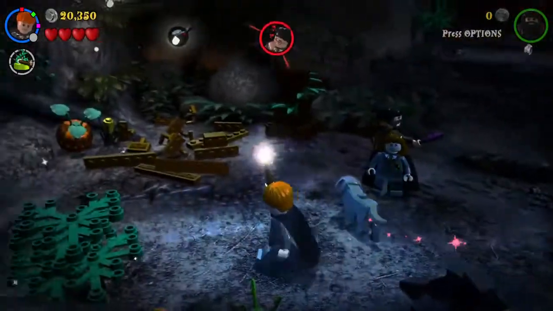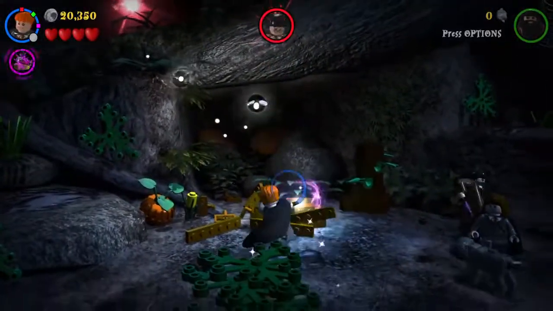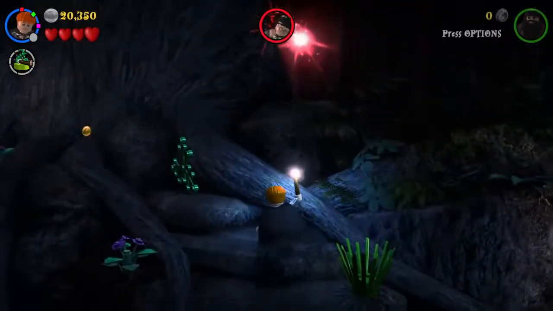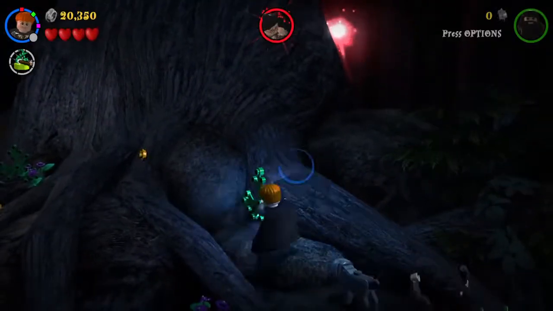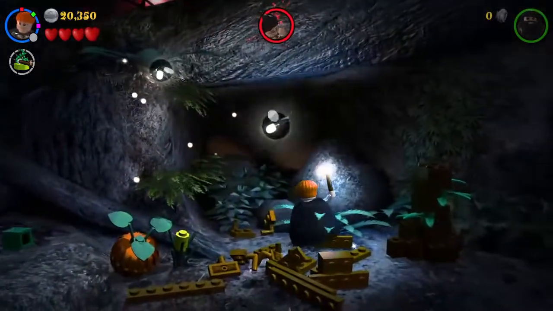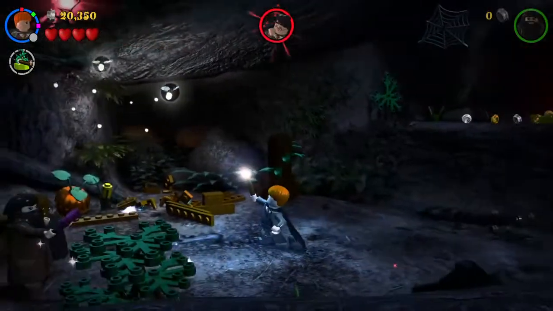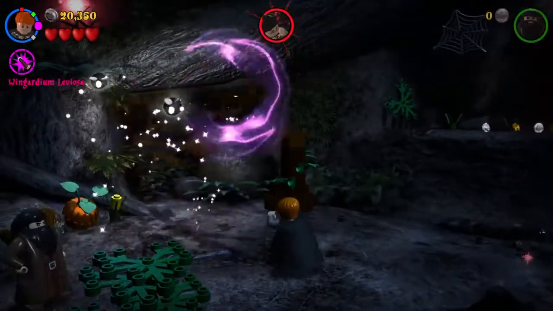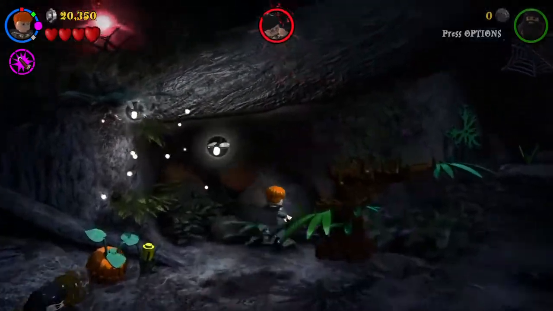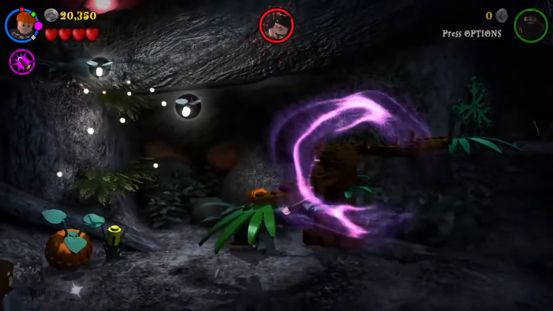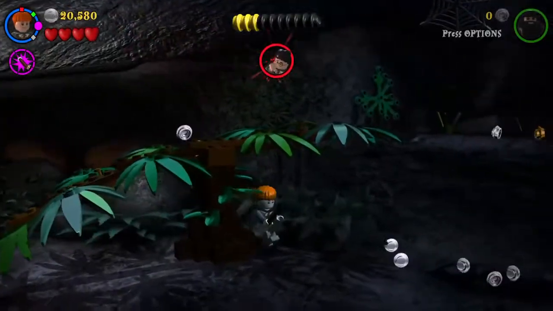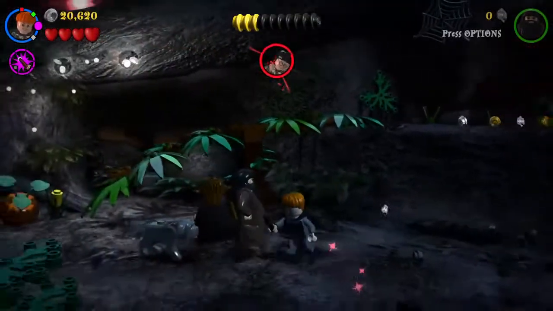Okay, now how to go to Harry? Like this, can't go this way, so like this, nope. Ooh, tree. Harry Potter X Transformers.